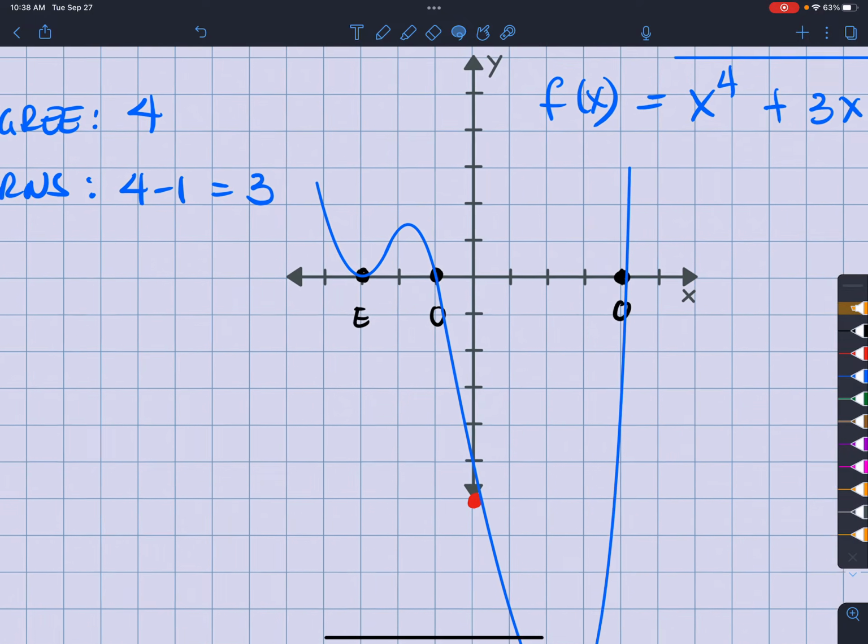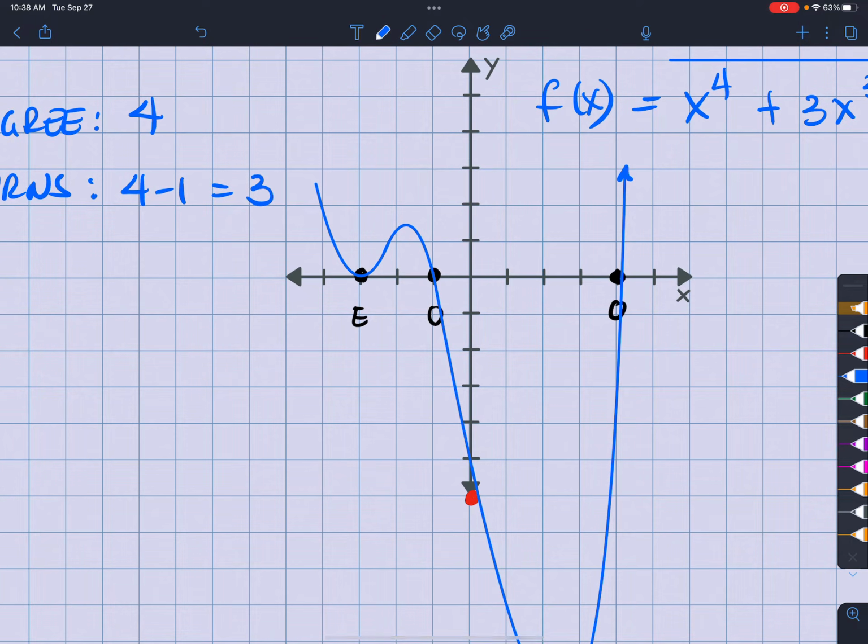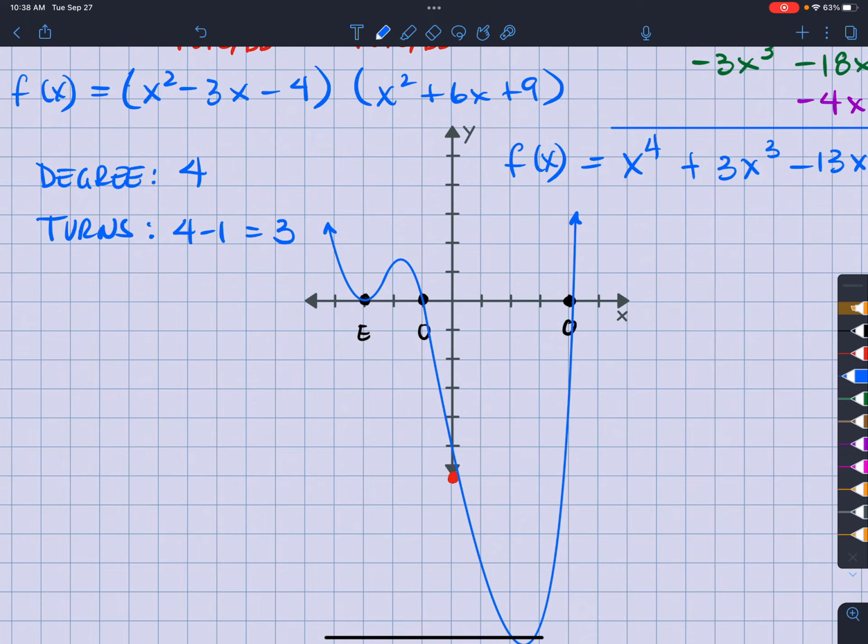That looks okay, right? So now the other thing I forgot to talk about is because this degree is a